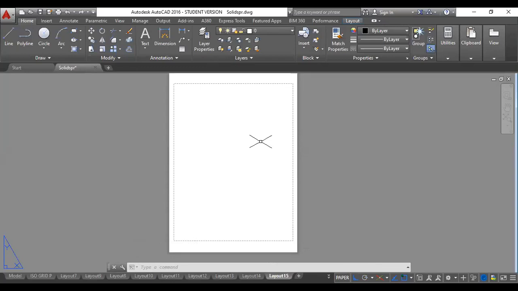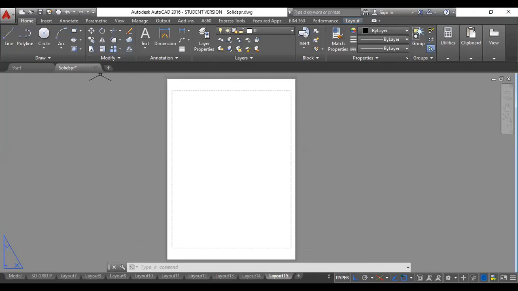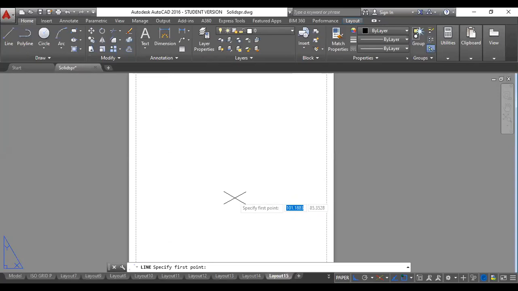Okay. Now let me solve the very first problem which we did. There is a cube of 50 by 50. On top of that you have a sphere of 50 mm diameter. So just take the line command directly. Now start drawing the cube. So from here I will draw the cube, let us say. From here I will go 50 mm. If you look here, I am in isometric mode. I have switched on the ortho. Automatically the line is going with a 30-degree inclination. That is why I'm telling you, you have to keep the ortho on.